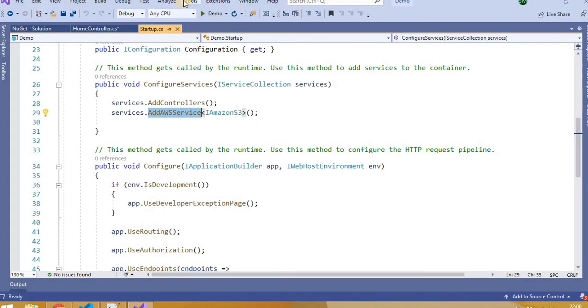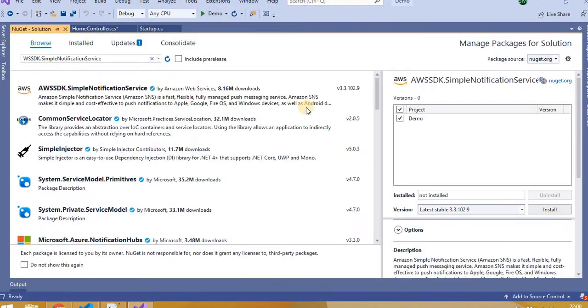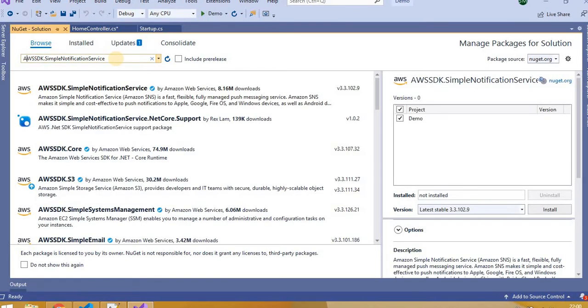First of all, we need to add the AmazonSimpleNotificationService SDK in our project. Add it from the NuGet package. Type here AWS SDK dot simple notification service.